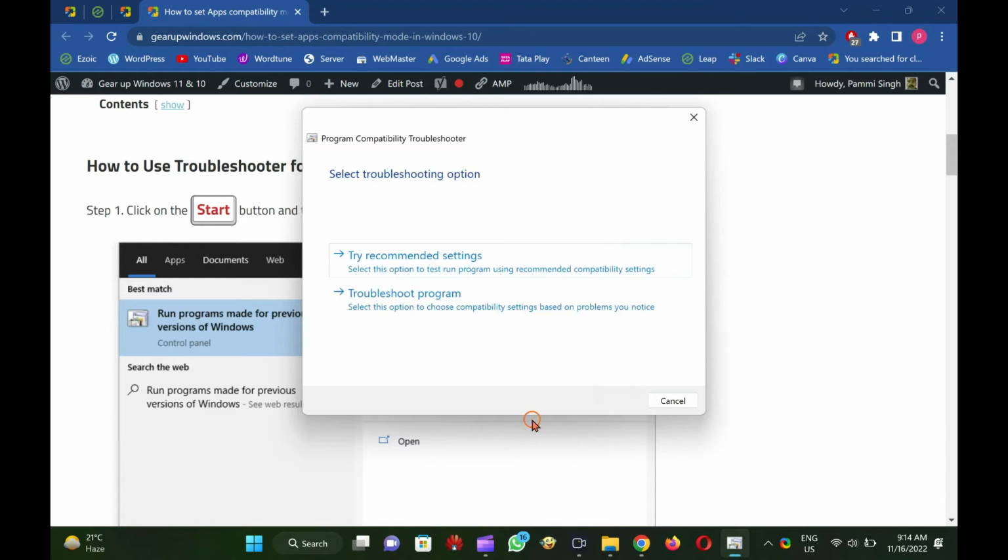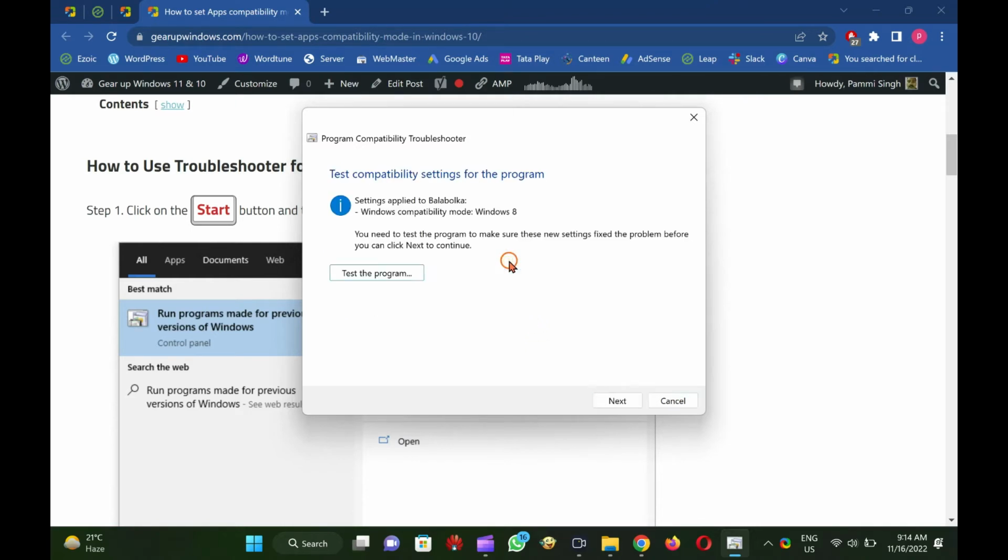Select from the troubleshooting options: Try Recommended Settings or Troubleshoot Program. If you want to use the recommended settings, the troubleshooter will use a previous version of Windows to test the software so that you can see if the problem is solved. If you want to troubleshoot the app, the troubleshooter will ask you which issues you face.